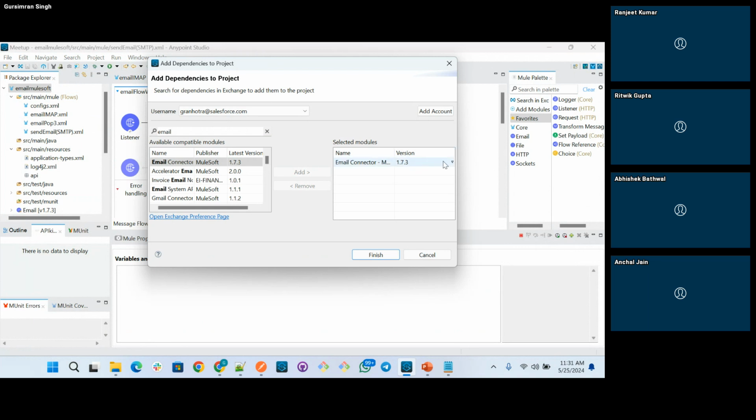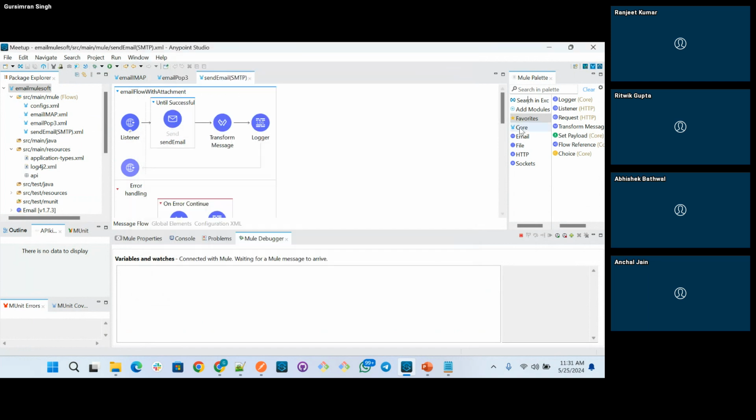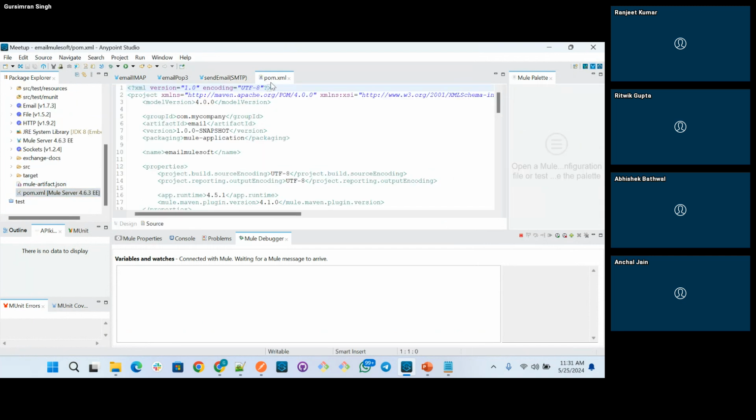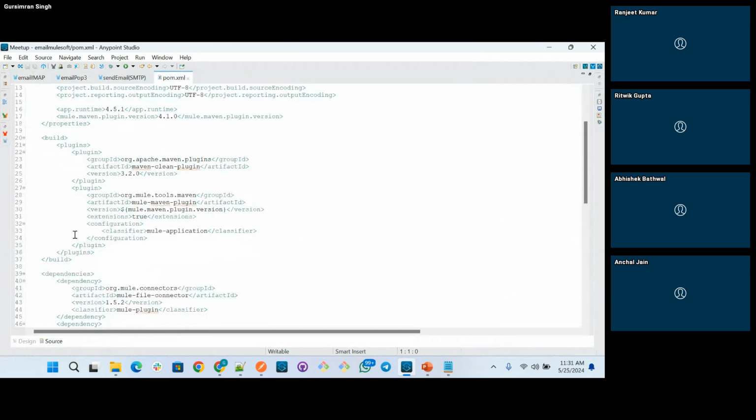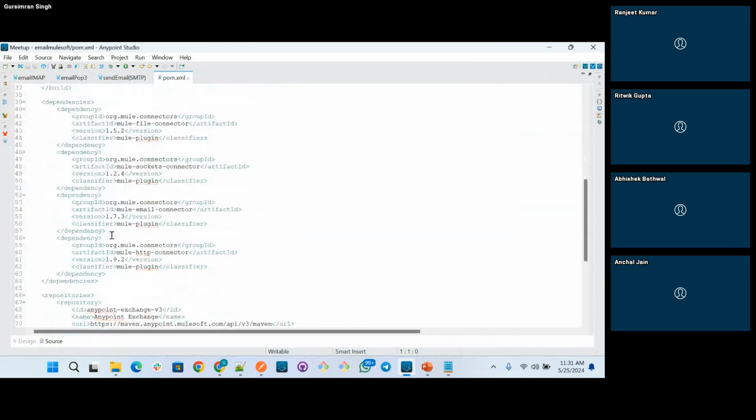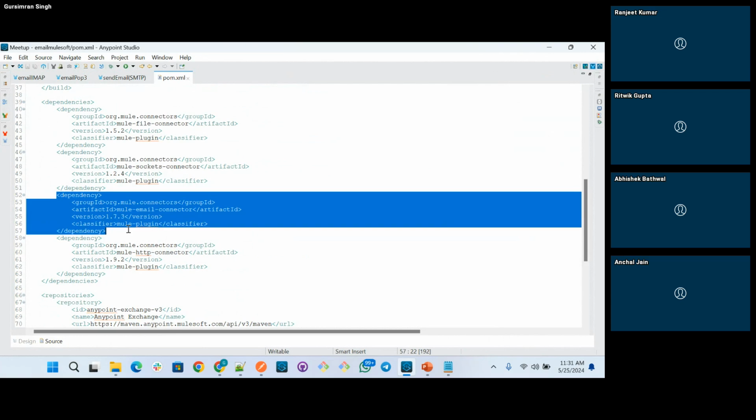This is the latest version, 1.7.3. Once you click on save, finish, it will be automatically added to your workspace. In my case, it's automatically added. You can see the version as 1.7.3. Once this is done, you can also directly add this email dependency here in the pom.xml.